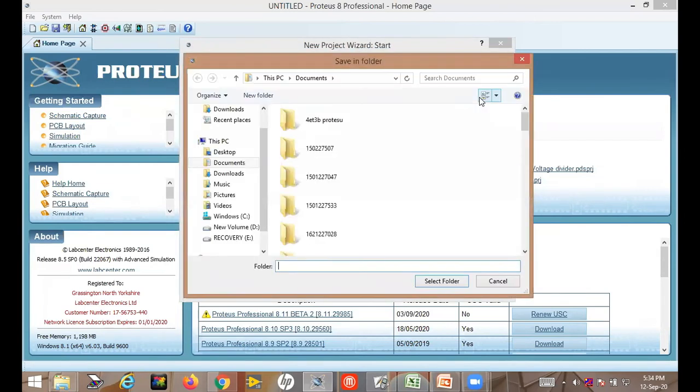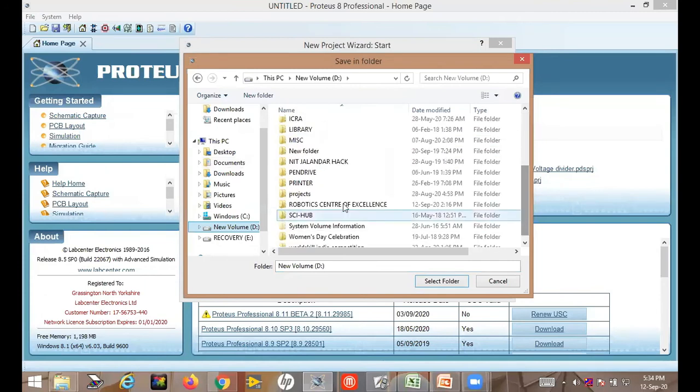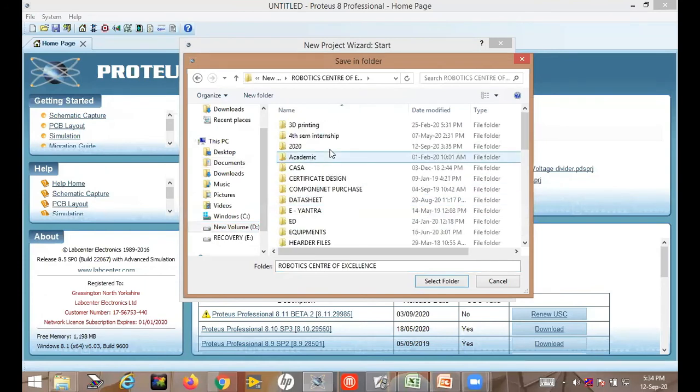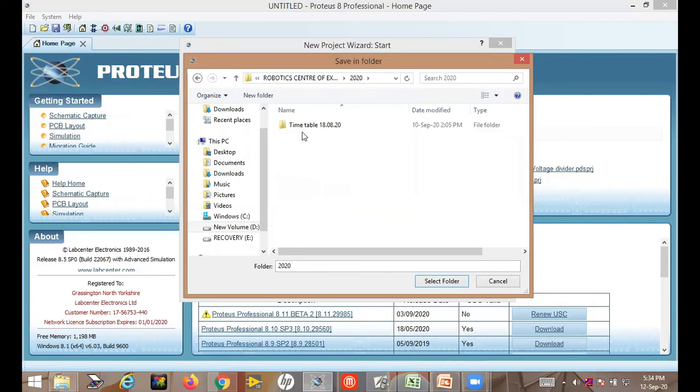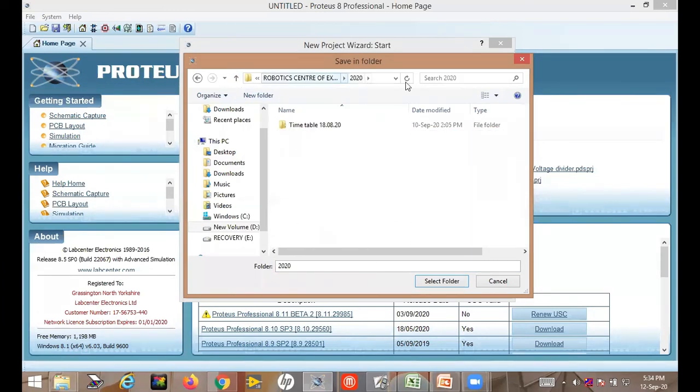Okay, at what location of your hard drive you want to save it. Let me save it in D drive, and here in this, let me save it here. Okay, so select the folder.